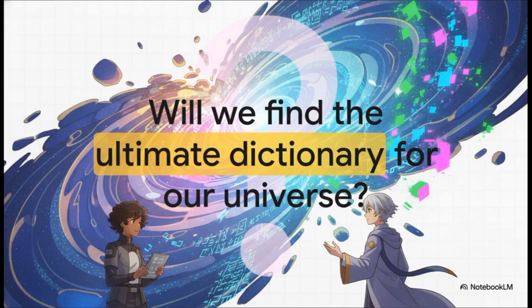All of which leaves us with a final, incredibly profound question. Will we ever find the ultimate holographic dictionary for the exact universe we actually live in? The AdS/CFT correspondence definitively proved that the boundary between the smooth, classical curves of gravity and the pixelated, probabilistic static of quantum mechanics is just an illusion, that one can be perfectly translated into the other. We might not live in an anti-de Sitter universe, but the fact that a holographic translation manual exists at all strongly suggests that the fundamental code of reality is far more interconnected and far stranger than we ever dared to imagine.